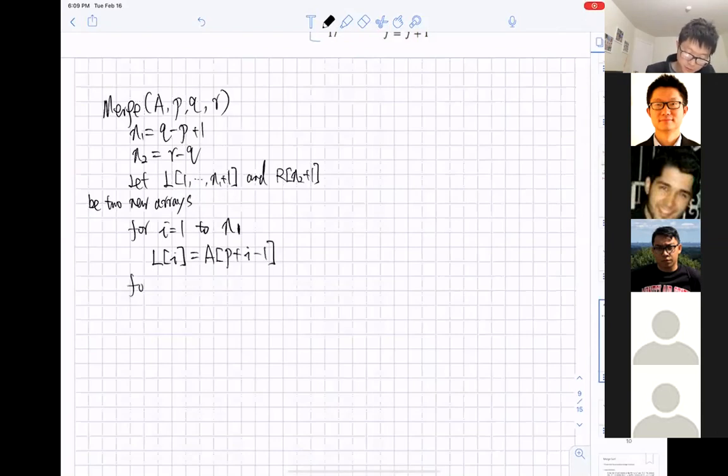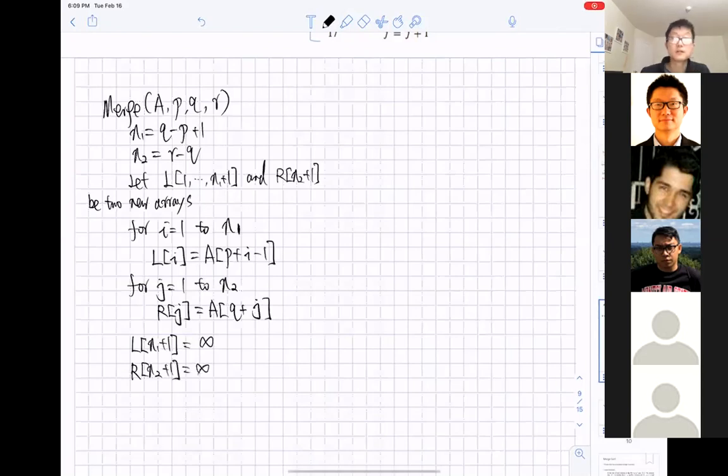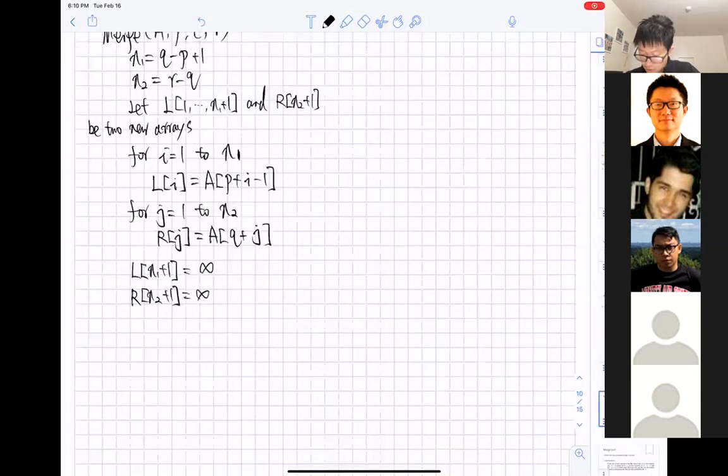And then for j starting from 1 to n2, R[j] equal to A[q + j]. And so we set L[n1+1] as infinity, and R[n2+1] as infinity. Okay, so then we're going to use an example right over here.